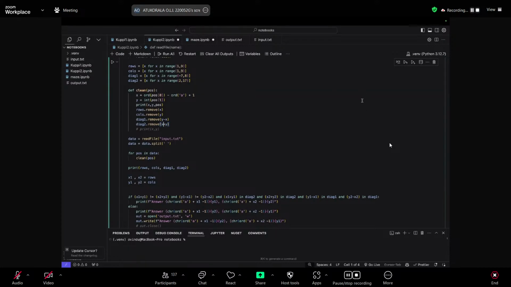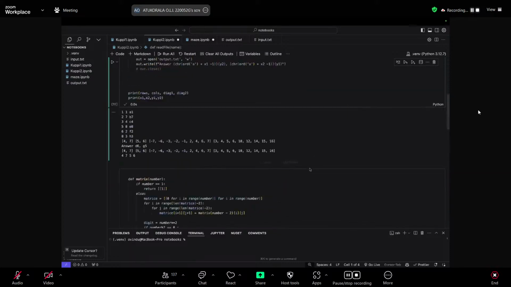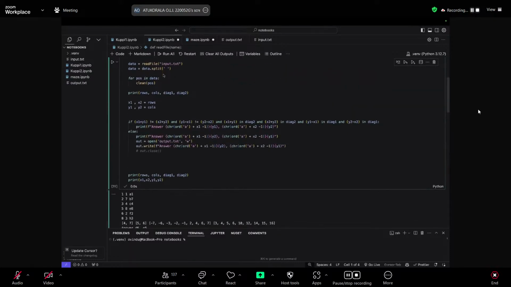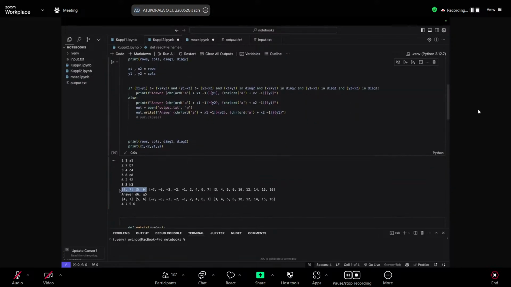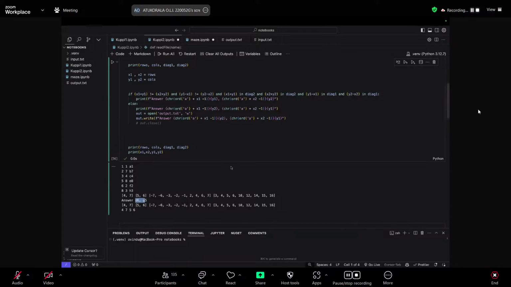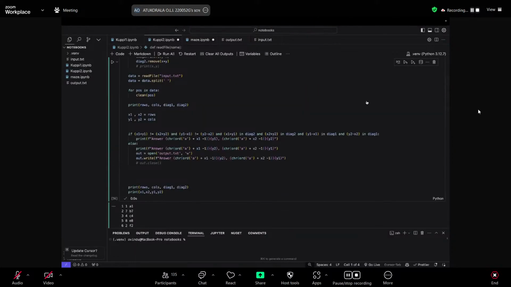So can you explain how you saw the answer in 4, 7? So you just want to know how I went from here, right? I think the question is how I went from here to getting the answer. Is that so? Okay. We'll answer that as well. Before I go to that part, someone has asked why take a range 2 to 7 in diagonal 2.